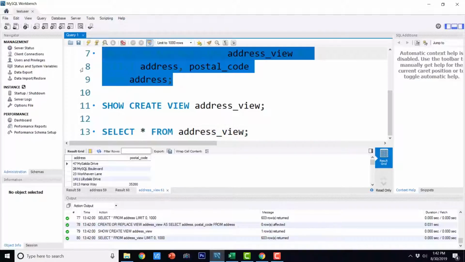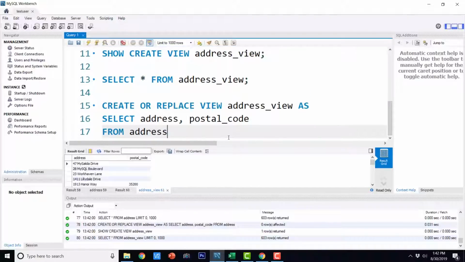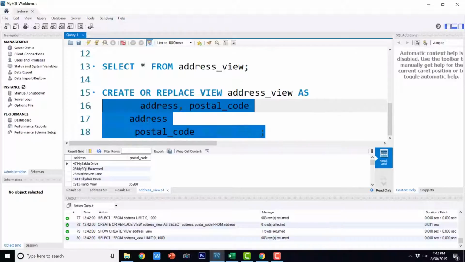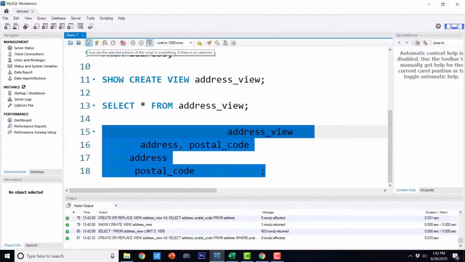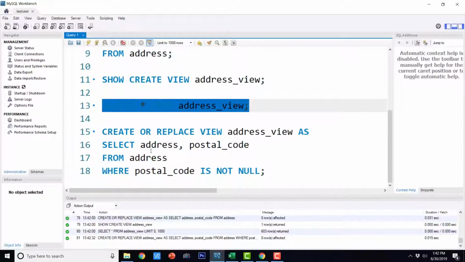We can also add some condition to the view definition, and finally here we can say where postal code is not null. And if I execute this, this is going to create a view with this condition.